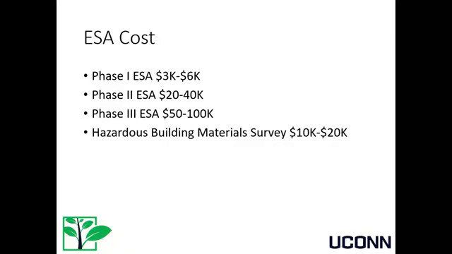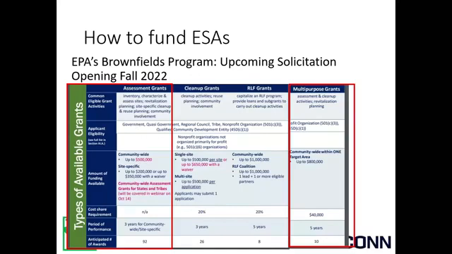So those are average costs that you can, for example, utilize as an average to put together, let's say, a budget for a grant proposal. We used that before, and it's typically within that range. However, the whole process is expensive, right? So how do we really fund those environmental site assessments? Well, we have great programs that can help with finding funding for assessments,